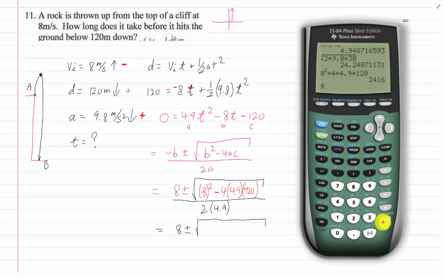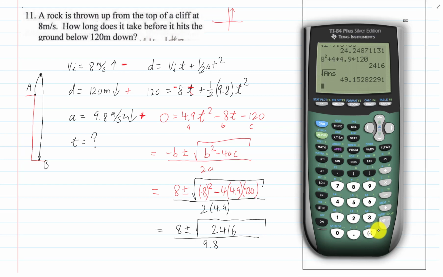So underneath the square root is 2416, and that's all over 9.8. So the square root of that number is